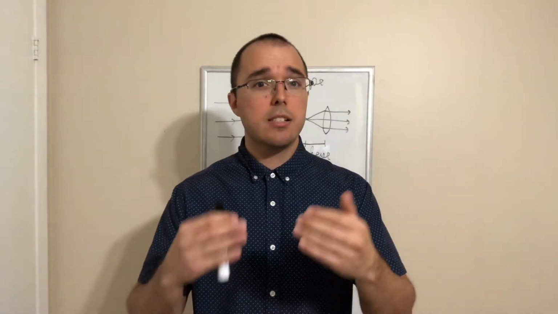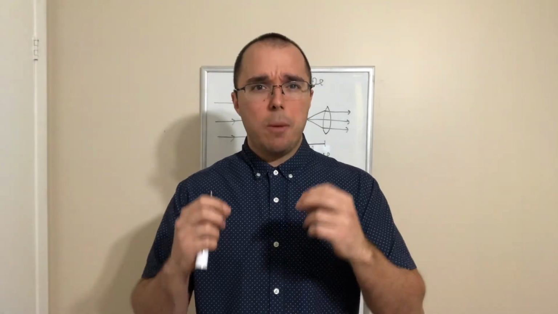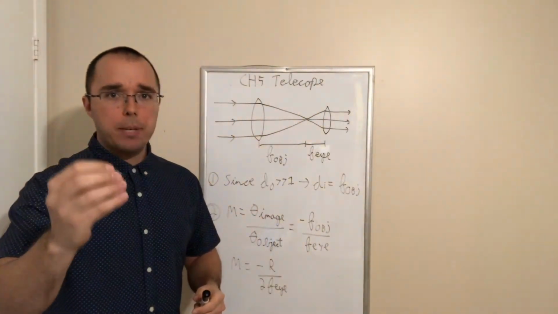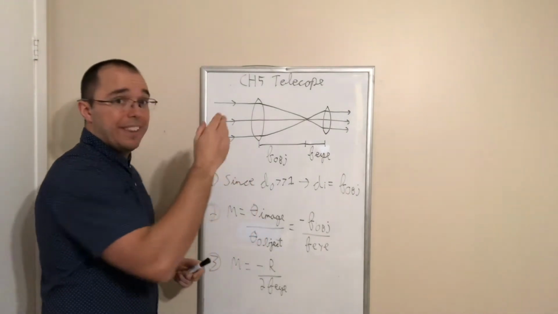Hi everyone, this is chapter 5.4, the last subsection on telescopes, which is also the last subsection we are going to consider for chapter 5. In this section, we are going to talk about a basic telescope. And the first one we are going to consider is a telescope having two optical components, two lenses in this